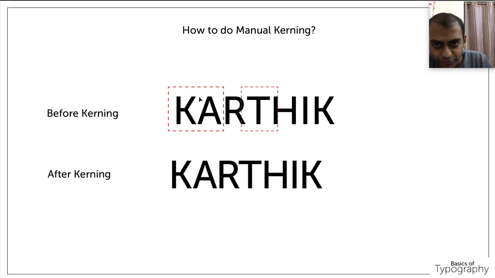So here if you see there is more spacing, and same thing, because of that there is more spacing there, and same thing for T. If you see here there is more spacing, but here there is less spacing. So the first thing is to identify these troublemaking letters. So K, A and T are the troublemaking letters. Now check what is next to the letter and previous to the letter and adjust the spacing accordingly.